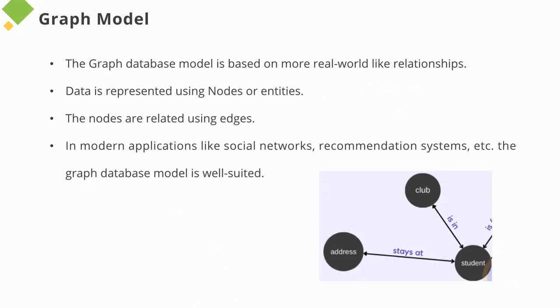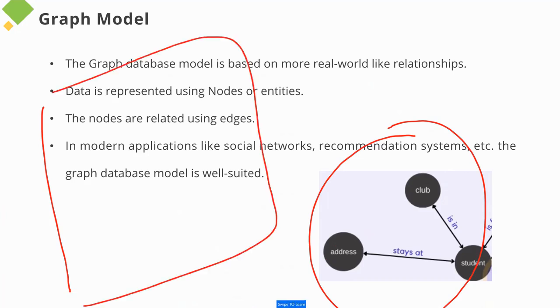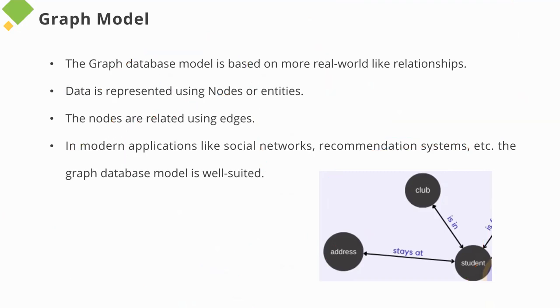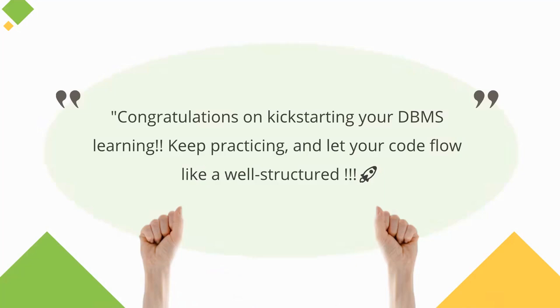So all these database models are representations of the data. Instead of writing theoretically that this student goes to this, he stays at this address, instead of that, we use different representations. The same data can be represented in a relational model, or an object oriented model, or a graph model, or hierarchical model. Any model, you can use n number of models. With this, we come to an end of